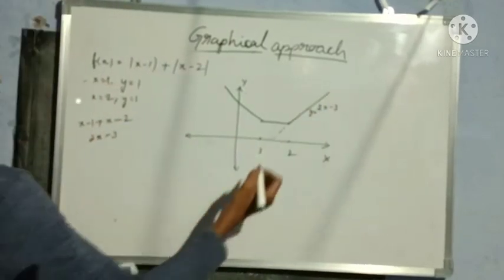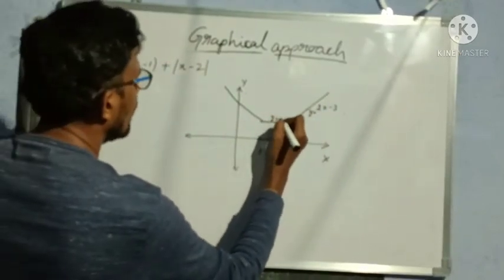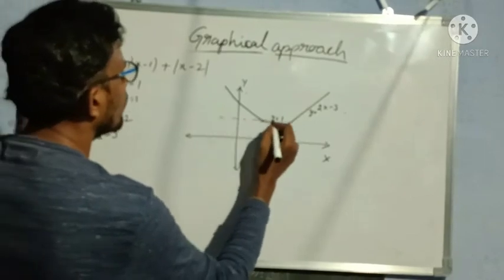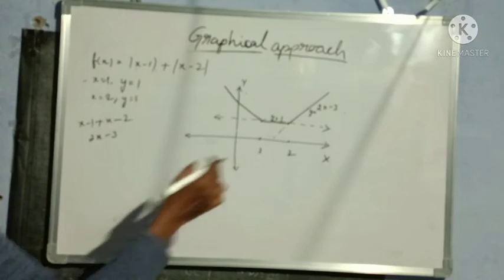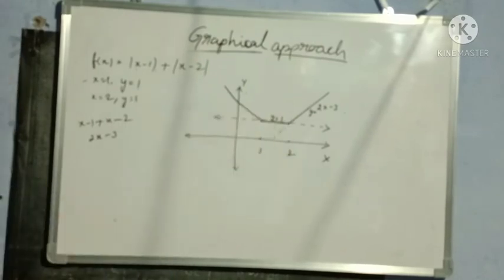And this graph already we know y is equal to 1. Why? Because this is a clear parallel line, parallel to the x axis, at a distance of y is equal to 1. Okay. Next